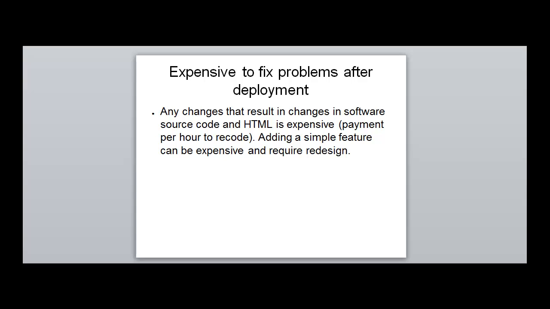The links to furniture might have to be separated, and that means a lot of programming to redesign. It is expensive to fix problems after deployment. We've got programmers who are going to have to be paid. It could take a lot of man hours to rewrite the code and also the HTML. Redesigning and recoding is going